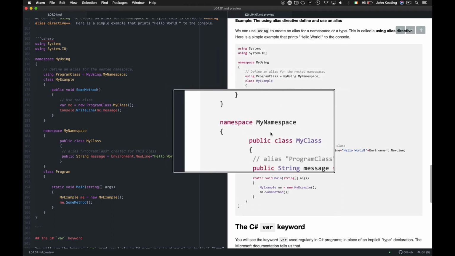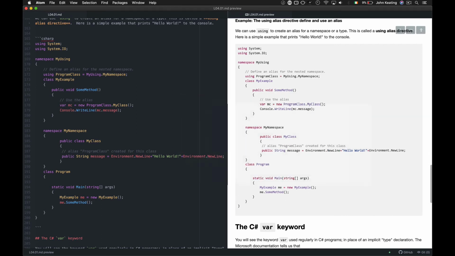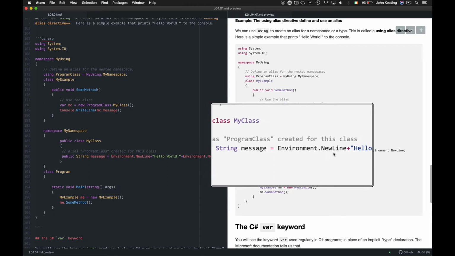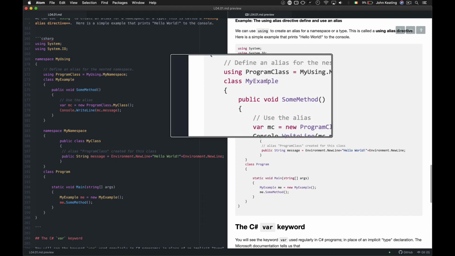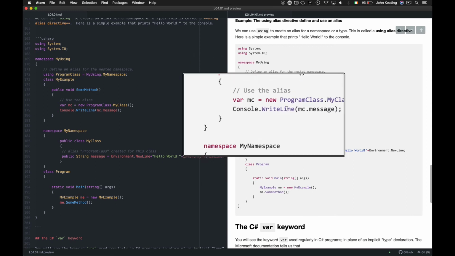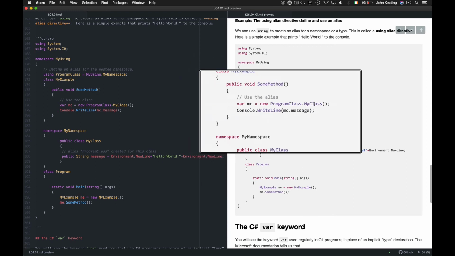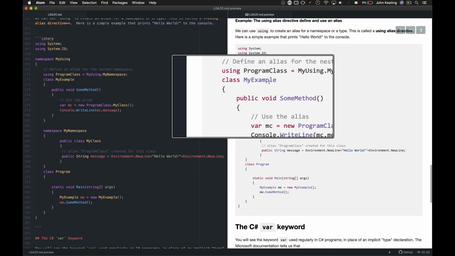we have a nested namespace called myNamespace, and within that we have a class called myClass, and that just has a single message that has a single class member called message, and that prints or has the word hello world. It's just a string. So we're creating an alias to this though called program class myUsing.namespace. So here we have another class called example, and in here then we're actually using this alias to be able to refer to class in this namespace down here,